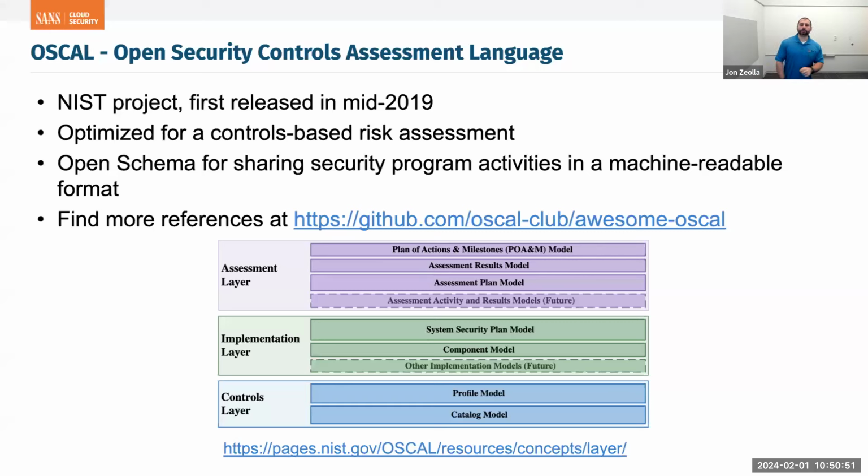Another quick mention is OSCAL, the Open Security Controls Assessment Language. This is a NIST project, and it is optimized for expressing this information right here. So this is a schema. You can have it in JSON or YAML or XML. And it's a way to, again, transmit information across boundaries, across organizations. So if you have compliance needs and you need to get FedRAMP certified, OSCAL is extremely popular for that use case, specifically because it comes from NIST, but also useful in other use cases like SOC 2 or ISO or any sort of other requirements, even regulatory requirements.